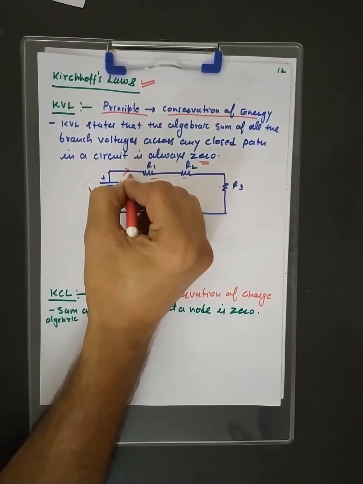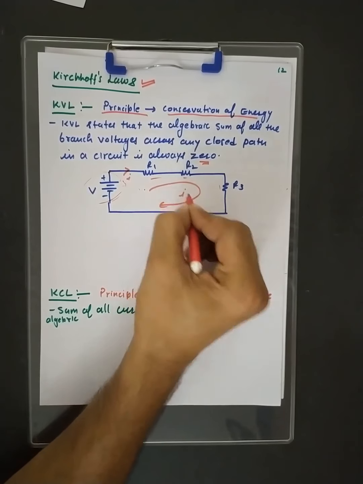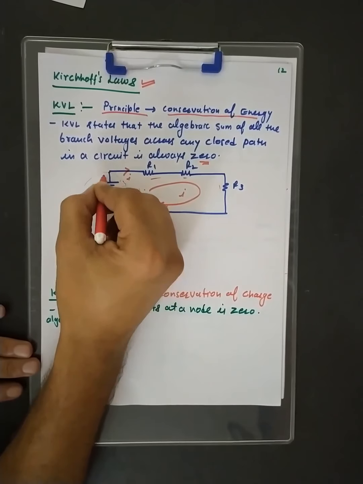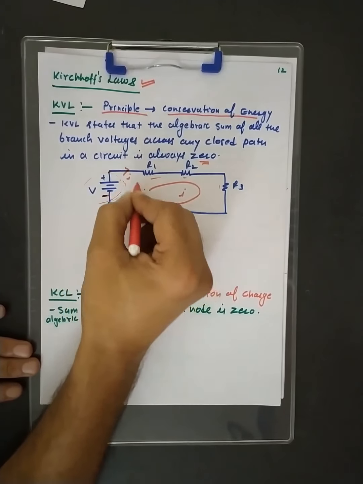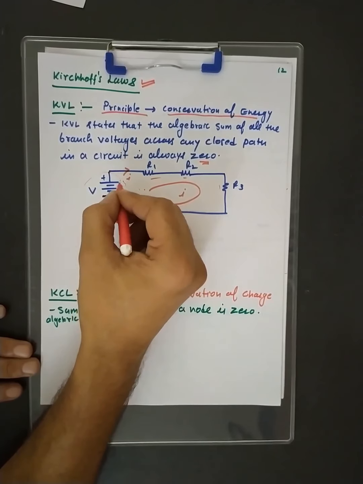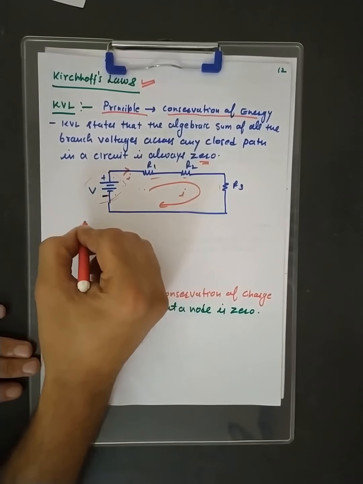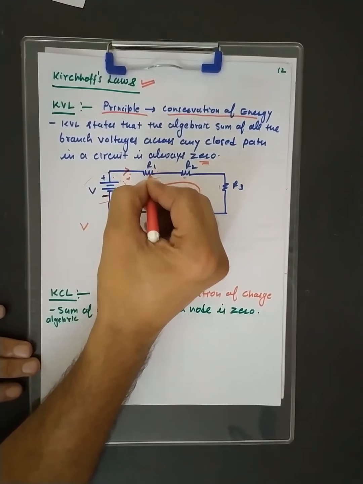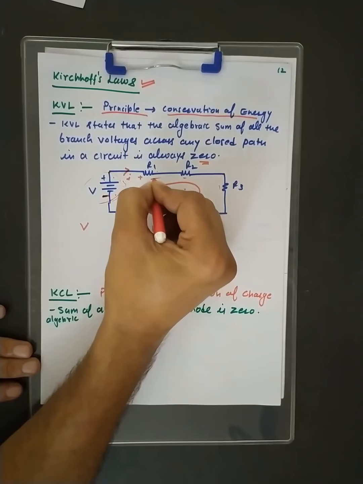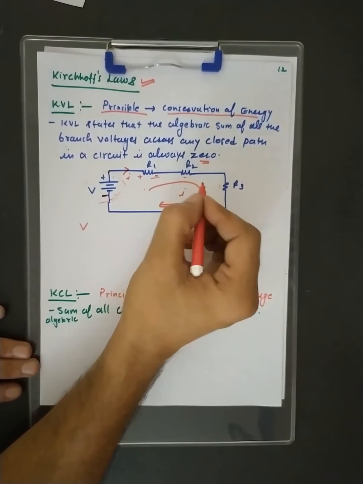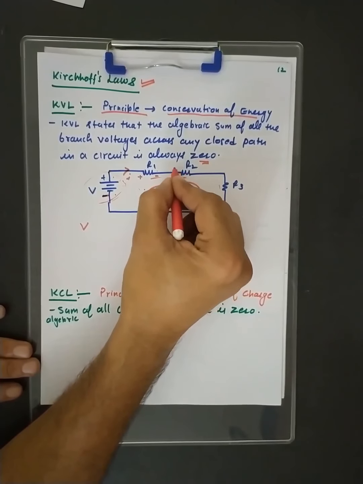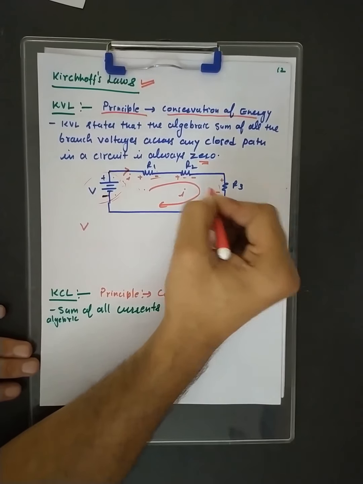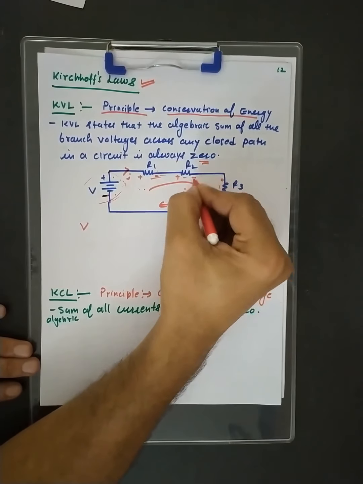So let's take an example here. Suppose current I is flowing across here. You can also represent it like this. It represents a loop. So write down, we are going from negative to positive. Always remember, when we are applying KVL and moving from negative to positive, take the positive sign. So voltage V, negative to positive. Now current is entering this resistance, so this will be your positive terminal and this will be your negative. Clear? Always remember, when the current is entering here, that will be positive, that will be negative, because these are power absorbing elements.